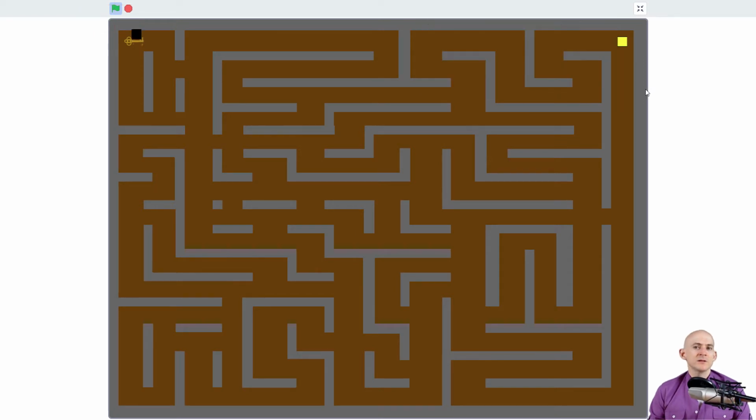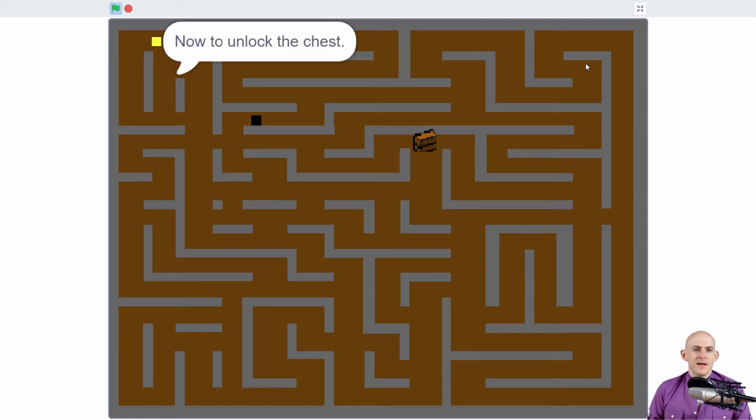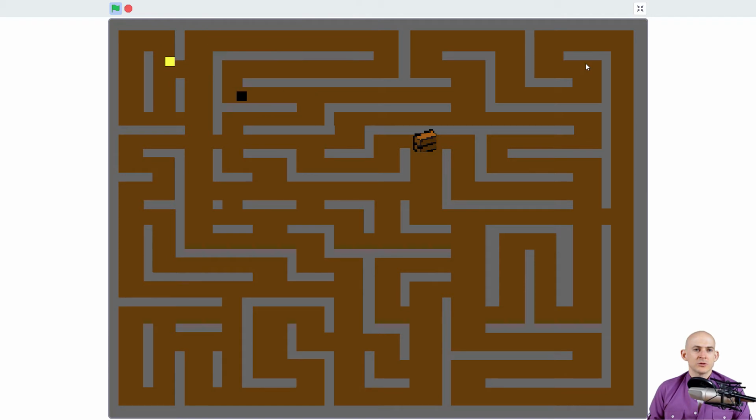Okay, so it says I must reach the key before the Minotaur gets me. Now I'm controlling the sprite that's up on the top right, and we have over there a Minotaur sprite that is trying to get to me. So it's trying to figure out where I'm at, and it's following me. Okay? So it's trying to capture me before I get the key, and then escape with the treasure, which I now have to unlock. Okay, so sometimes the Minotaur is not very smart,